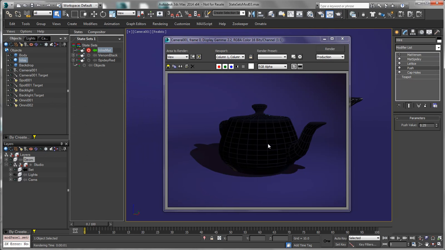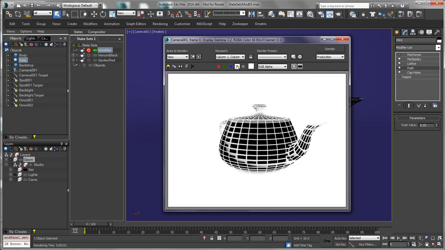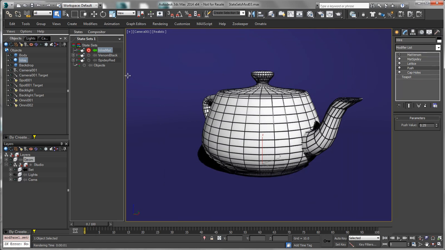And you see that we get something like this, and if I go into the alpha, we get something like that. I probably want to hide the background as well. So I know that happens to be in my nested studio layer set under set. So I'm just going to hide it there. I could also hide it up here for backdrop. And when I render that out,